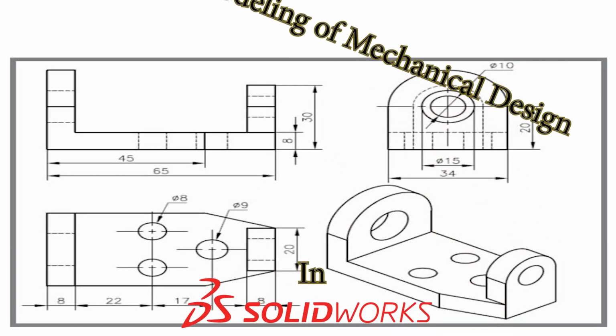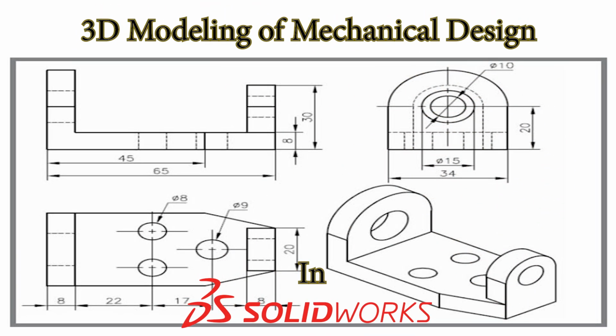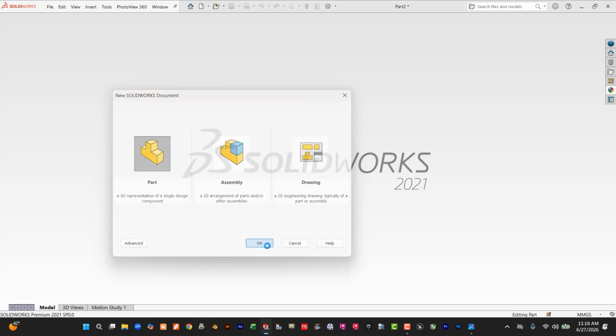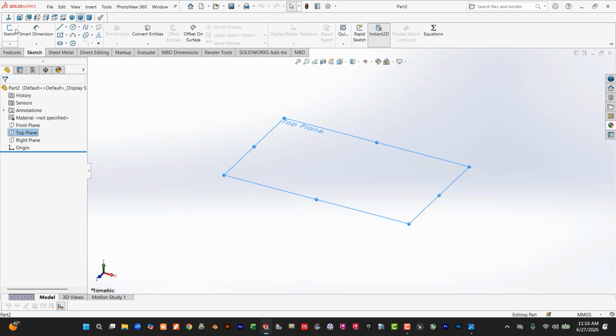Welcome to Fair Tutorial. Let's make this simple mechanical component design in SolidWorks. We are in SolidWorks now. Go to File, New, Part, okay. Now select the Top Plane, Sketch,